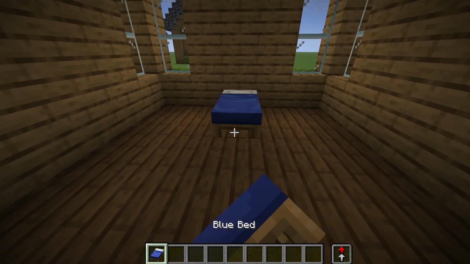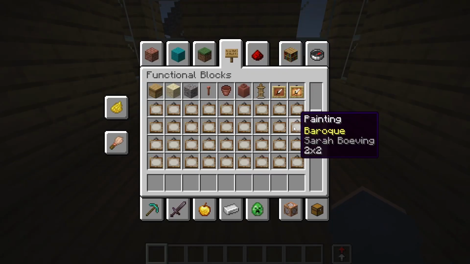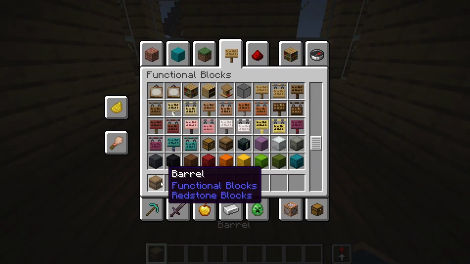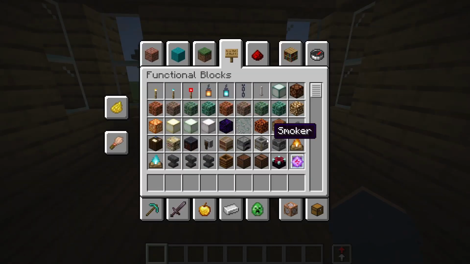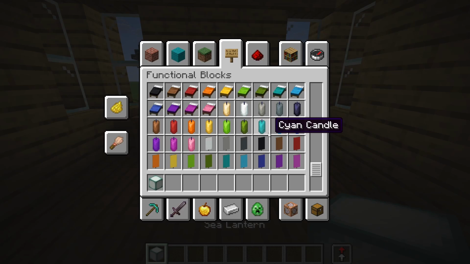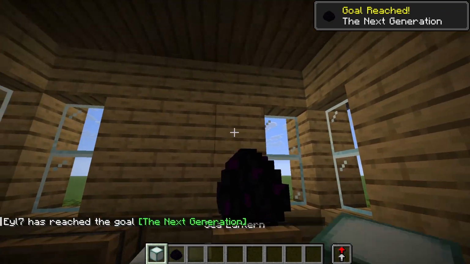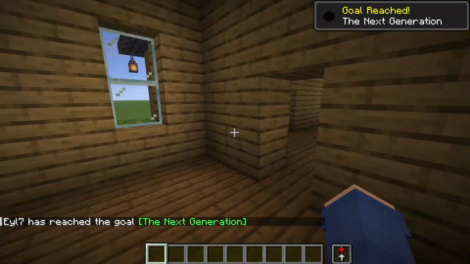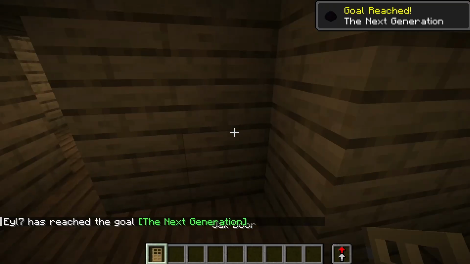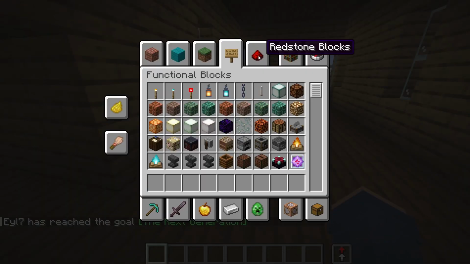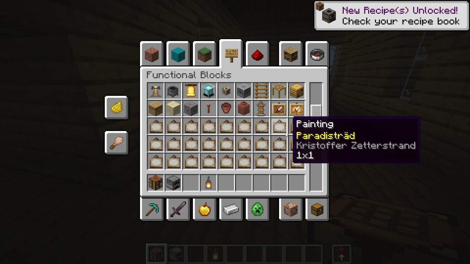I just went with a blue bed. And then what I've been doing recently is I've been using barrels for nightstands. And then this is something I've seen a lot of people do, but you grab a sea lantern and then the dragon egg, and then you place it in this way, and it looks like a lamp. Then a door. Then over here, I did the kitchen, and I did that with a crafting table, furnace, lanterns,